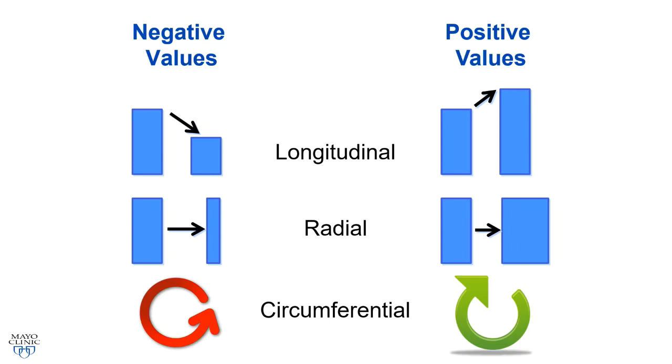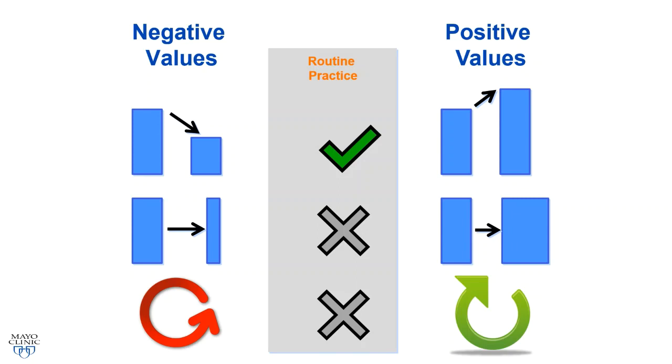By definition, objects that get shorter, thinner, or rotate in an anti-clockwise direction are assigned negative values. If they get longer, thicker, or rotate in a clockwise direction, they are assigned positive values. Now, because regional pathology often influences all three strain components, the component with the most robust measurement is best chosen. And for clinical practice, this is generally longitudinal strain, because radial and circumferential strain analysis may not have sufficient reproducibility